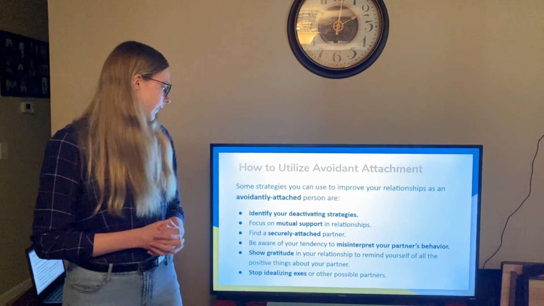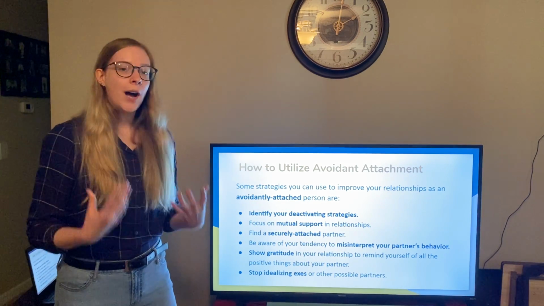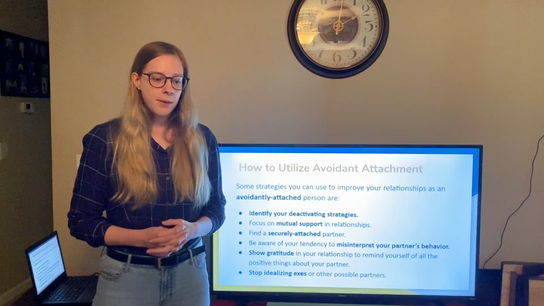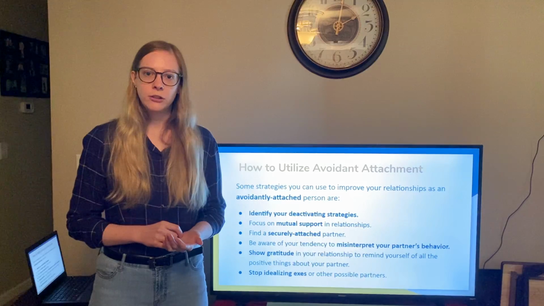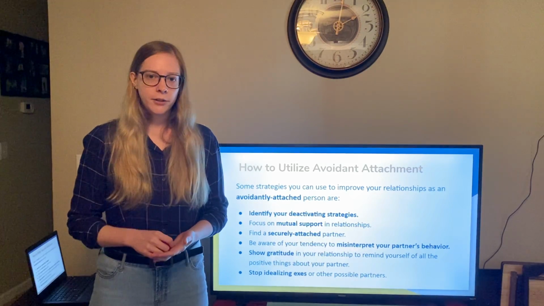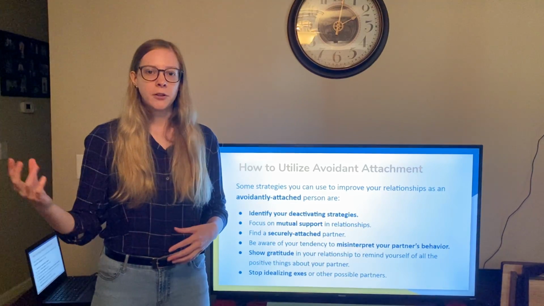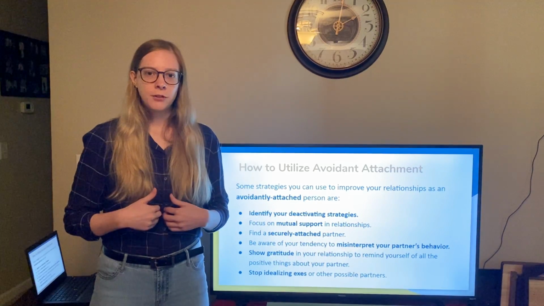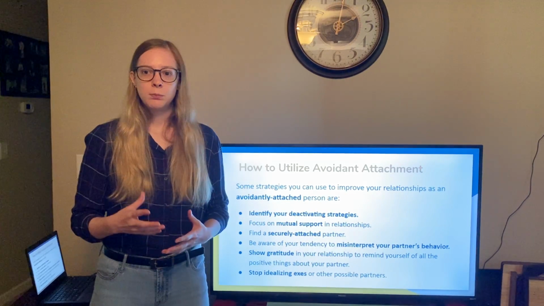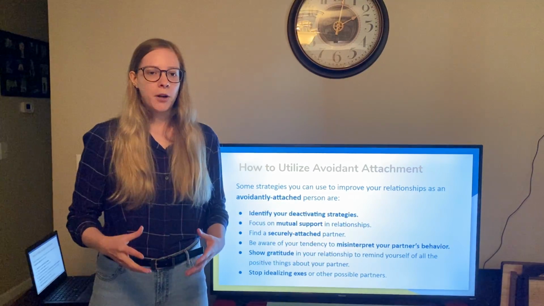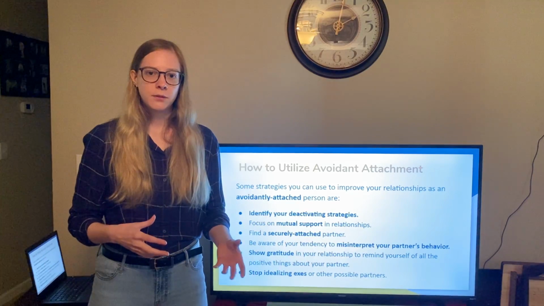So that's that one. Next, show gratitude in your relationship to remind yourself of all the positive things about your partner. The book recommends that people who are avoidant write a gratitude list about all the things they're happy about in their relationship, everything they like about their partner, everything they like about their relationship. Keep that list for yourself to remind you, when you are experiencing deactivating strategies, that this isn't how you really feel. You do love your partner, but you are trying to become more secure rather than avoidant by getting rid